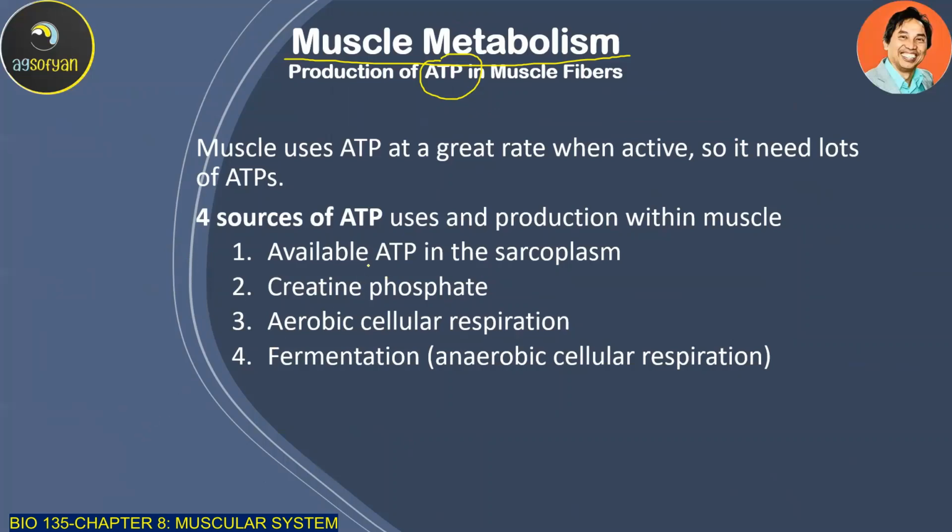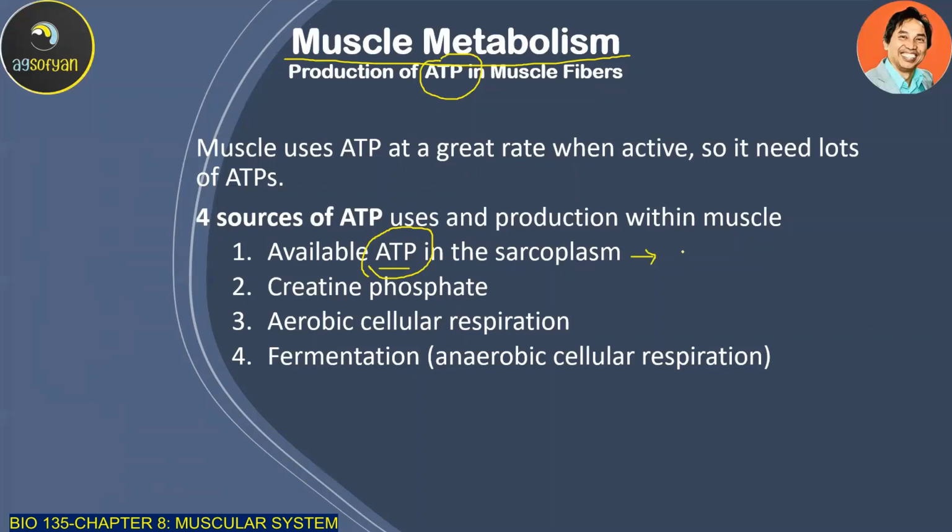The first one is free ATP that is usually available in the sarcoplasm. This will be used first for contraction. So any available ATP in the sarcoplasm will be used first for contraction, but it is only available for